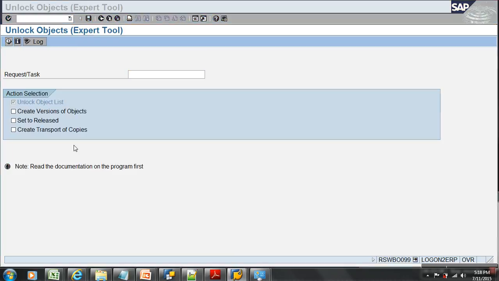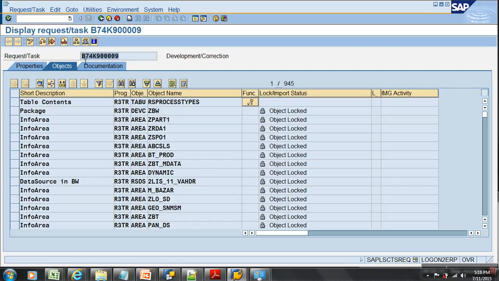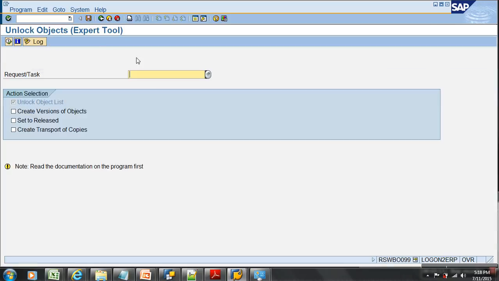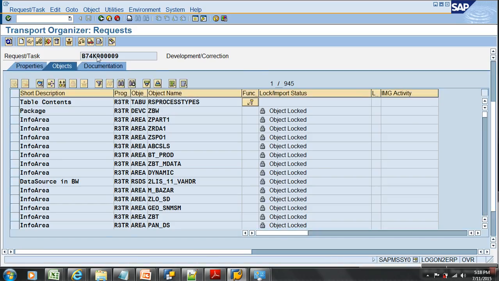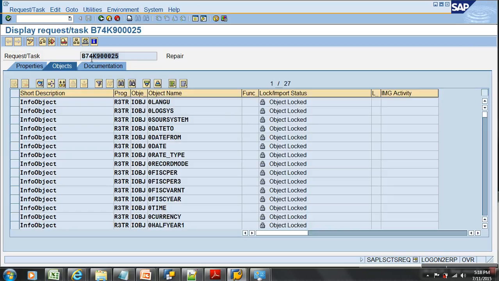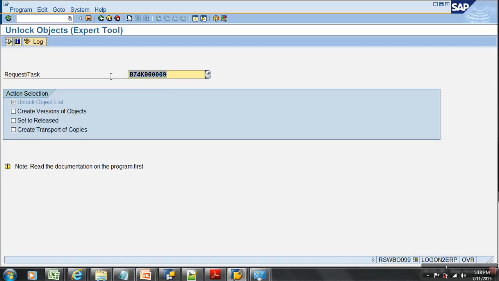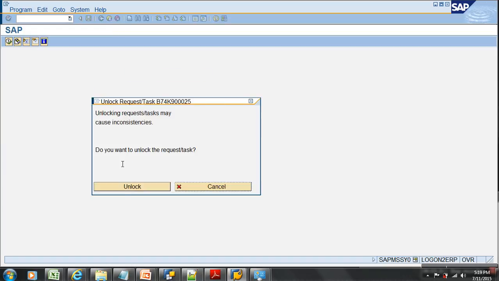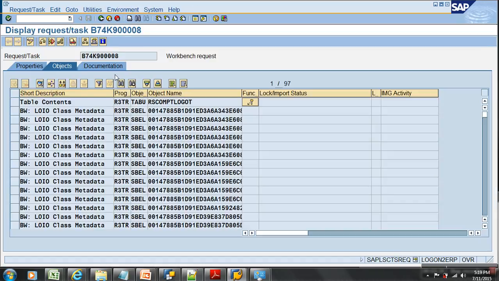Double click on this. This is your task number. Just take this task, unlock the objects under this task, take this task, unlock the objects, take your request,